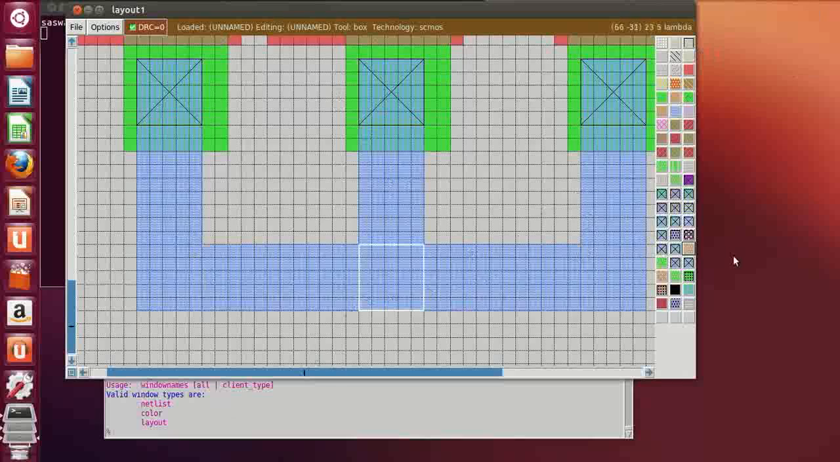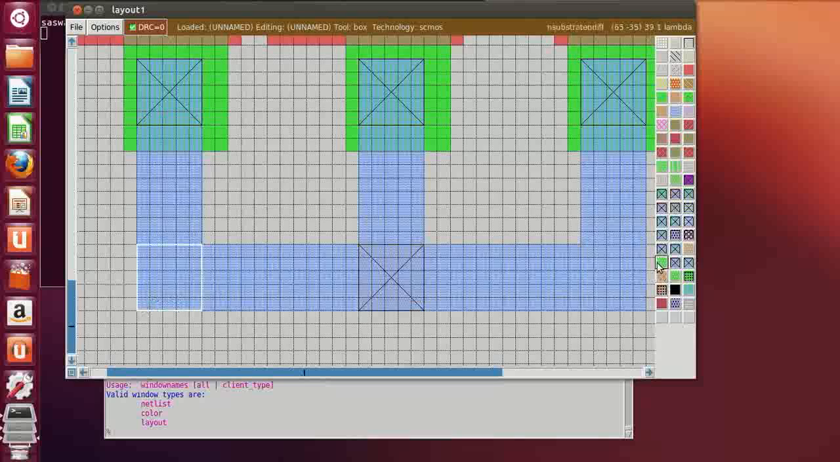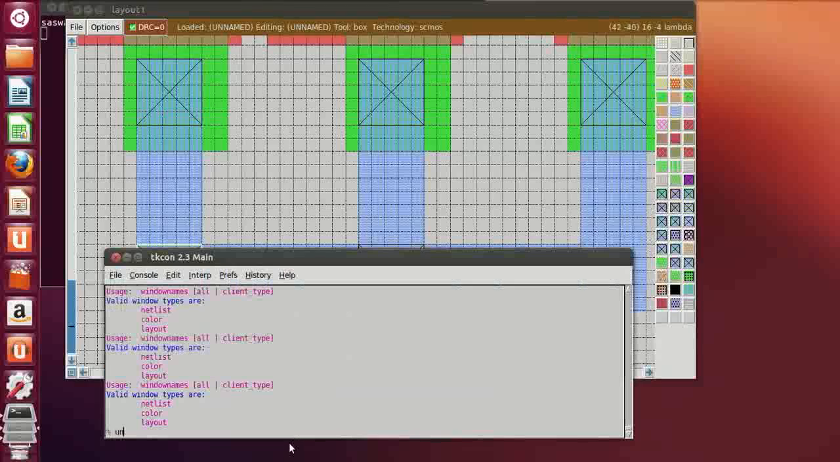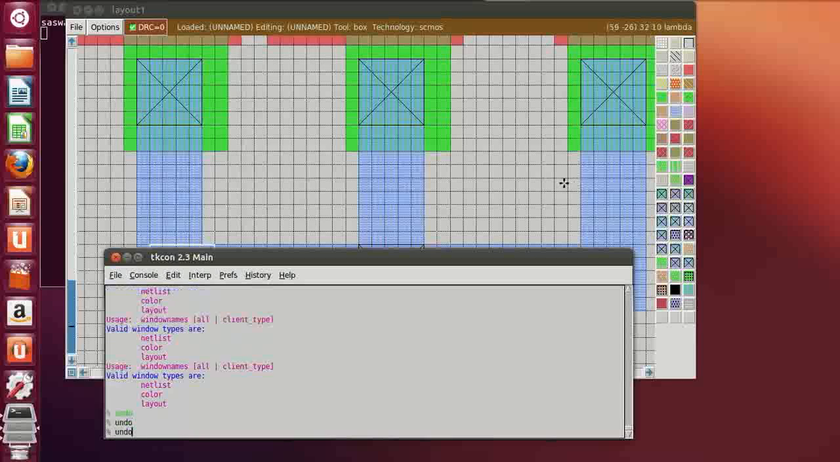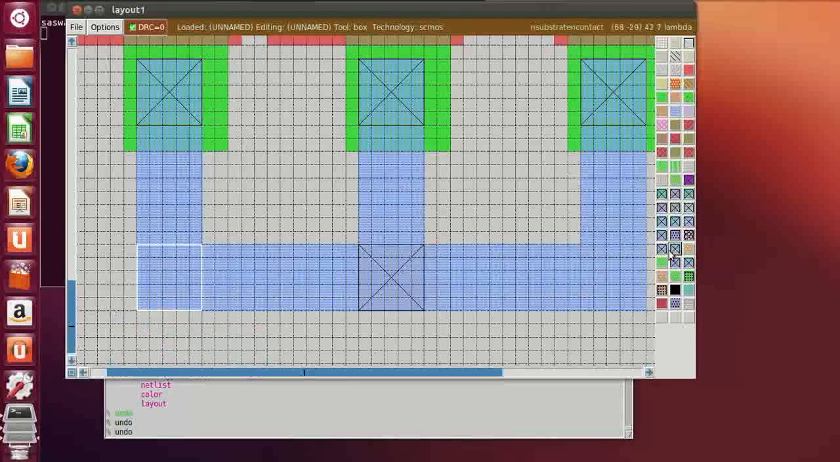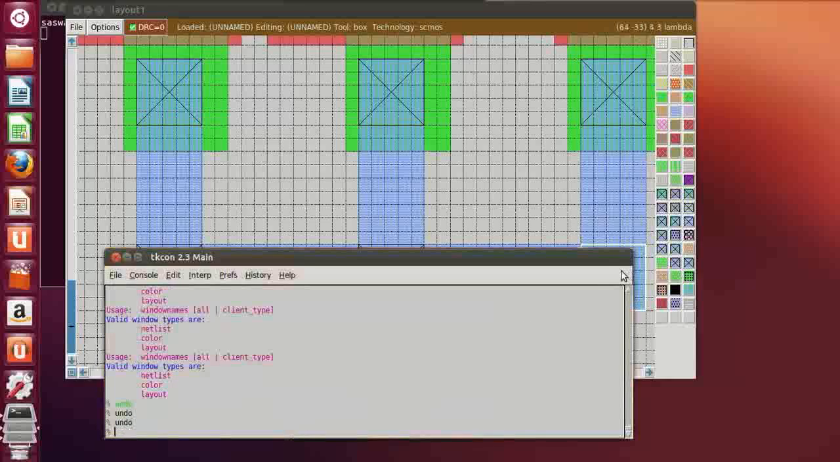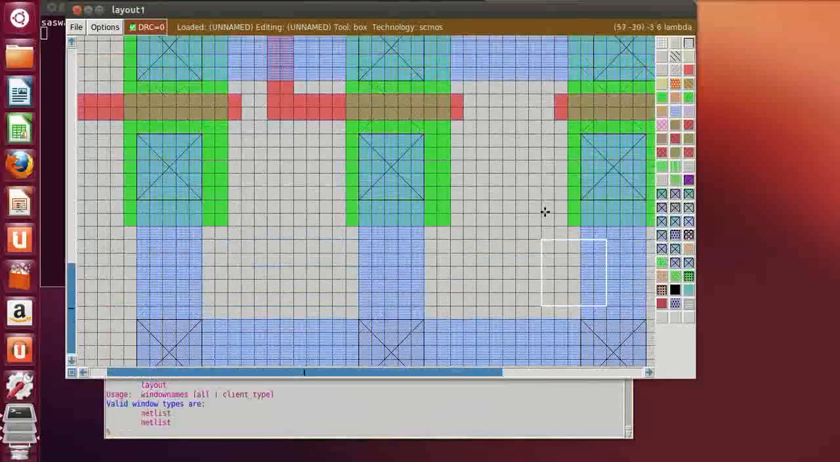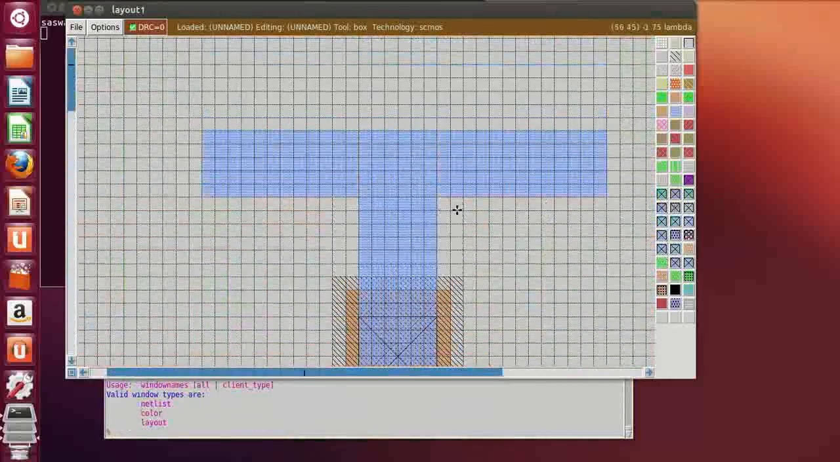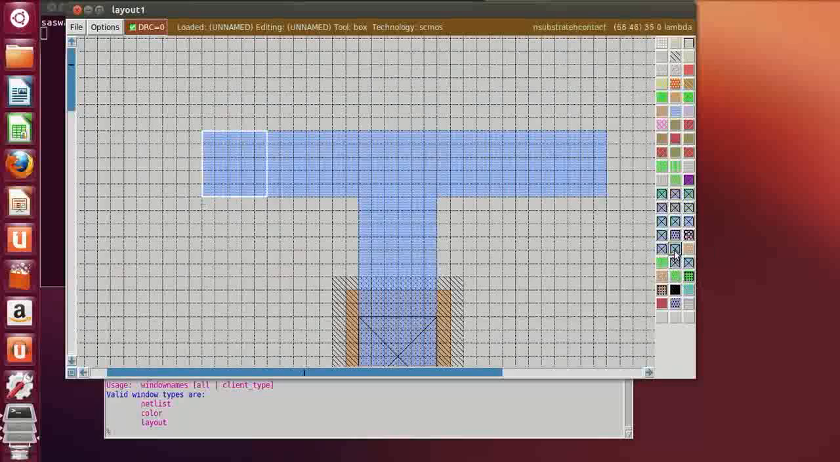Now click on P substrate contact, then one here. Okay, this should be P substrate contact. P substrate contact, similarly one over here. Now in the similar way we have to place the N substrate contacts. We can place two. Okay,